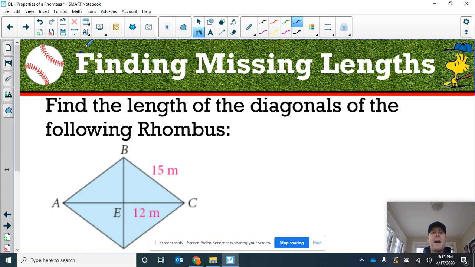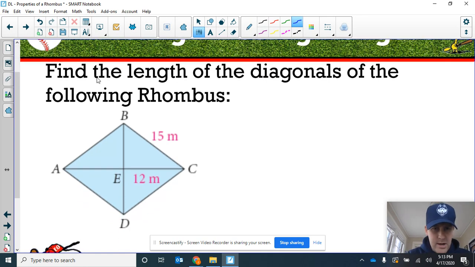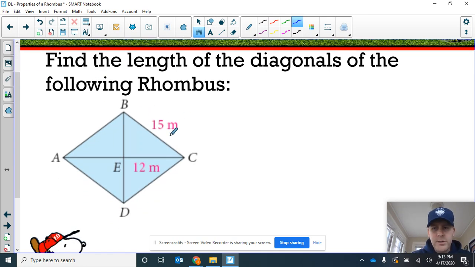All right, so it says find the length of the diagonals of the following rhombus. This is a fun one. So I see this 15 meters is the length of side BC. That's not a diagonal, that's the side length. What we could say, not that we need to right here, is that since it's a rhombus, all four sides would have a length of 15, because that's the definition of a rhombus, it has four congruent sides. And I know this one part of our diagonal is 12. We know the diagonals get bisected, so I could also say that this part over here is 12, which means our entire diagonal AC